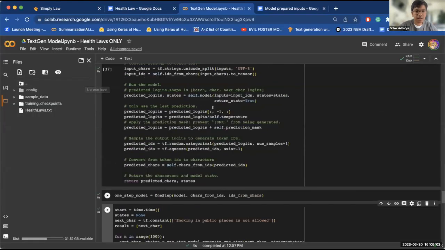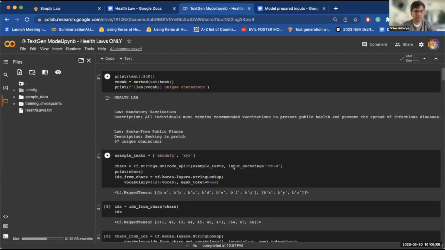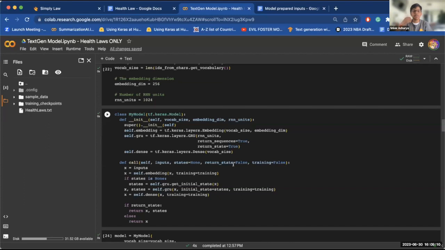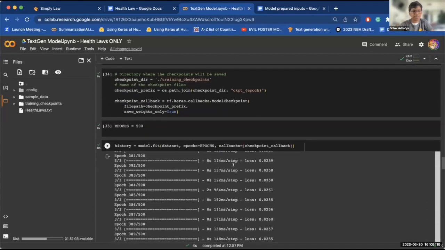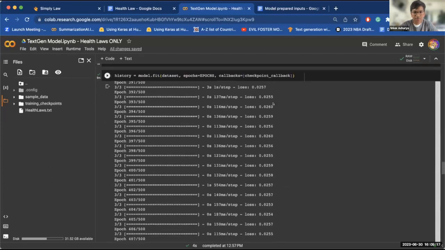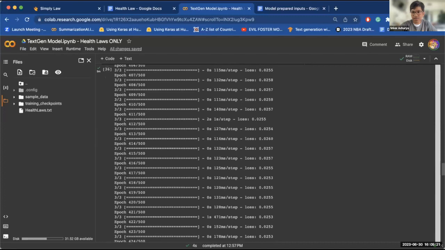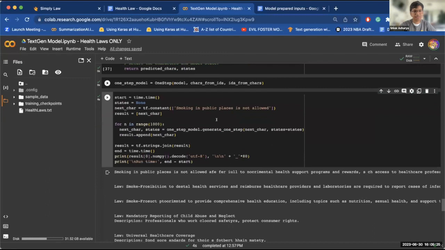So here I pre-ran all the blocks. This is a TensorFlow and Keras model. I trained it over 500 epochs, which is basically how many times it goes through the training. I trained it over so many because I tried a smaller number before. However, the loss, which determines how accurate it was, was too high. So I increased the number of epochs. So here's where you put your input.